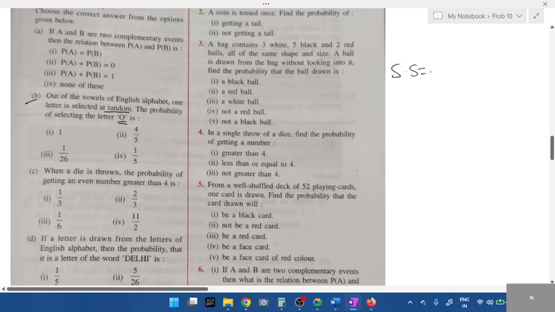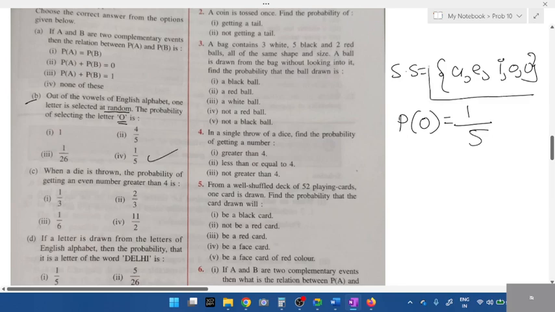So first find the sample space. Write their answer. What are the vowels? A, E, I, O and U. What is the probability of choosing which letter, students? Probability of choosing O. Tell me the answer, all of you. 1 divided by what's the total value? The answer is what? 1 divided by 5. Total, how many letters do we have? 5 vowels are there. In 5 vowels, what is the probability of choosing O? 1 by 5. And remember while reading the question, the probability of selecting the letter, selecting meaning is